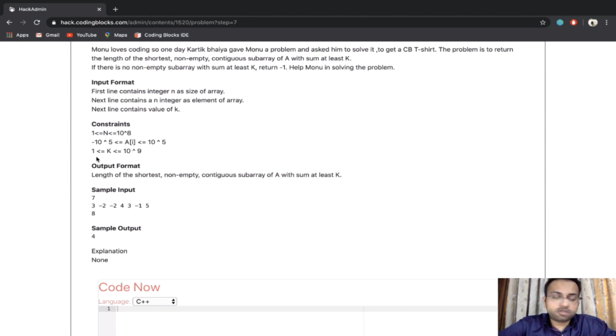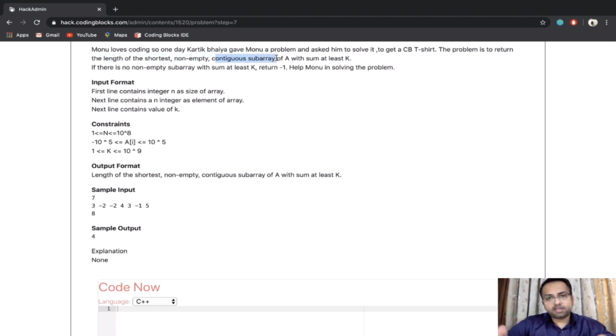So the first thing that we are going to look at is, let us see. This question is based on queues. I have given a certain array, and he needs to tell me what is the length of the shortest non-empty contiguous subarray.